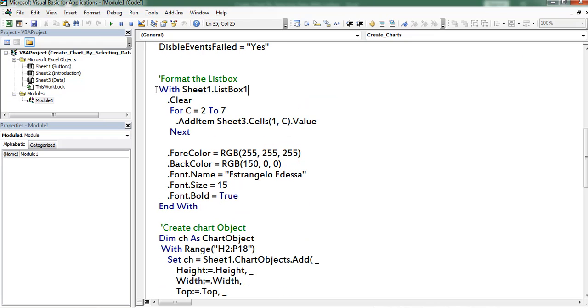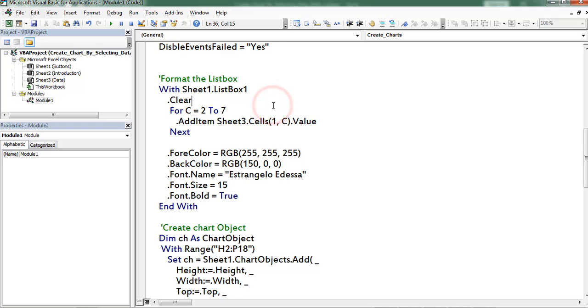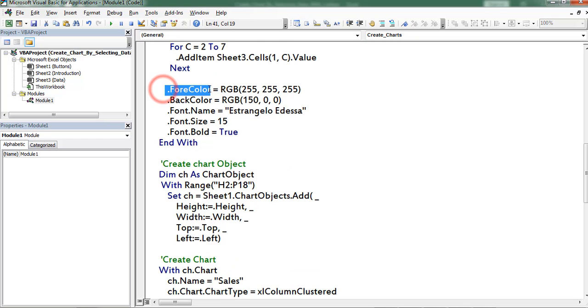Here I mentioned sheet1 dot listbox1. Cleared the existing data from the list box. Next added the items to the list box. Changed the forecolor.